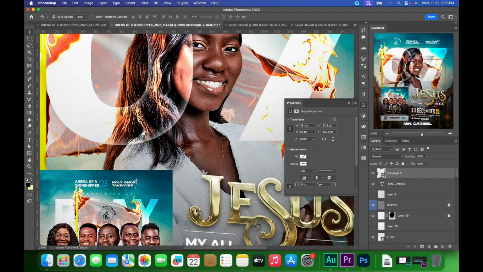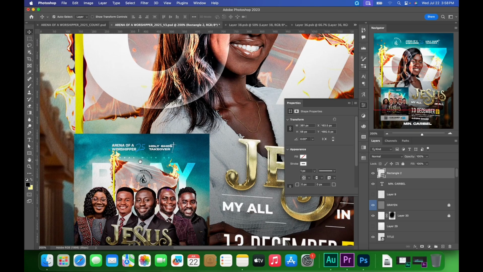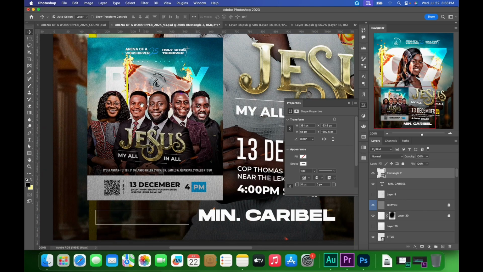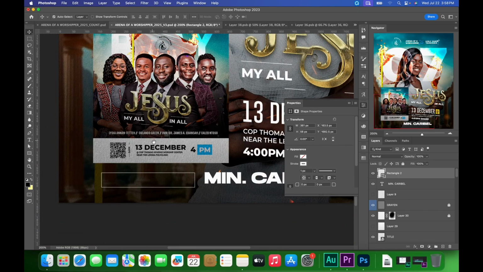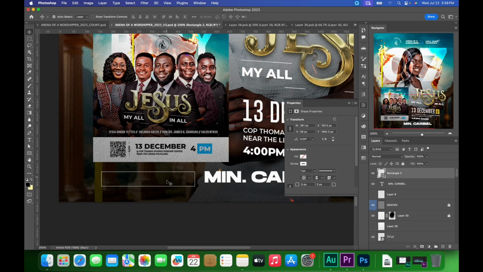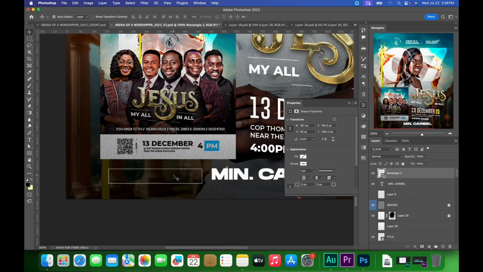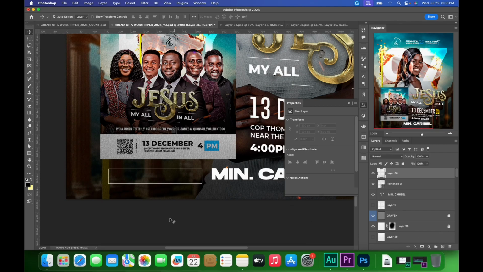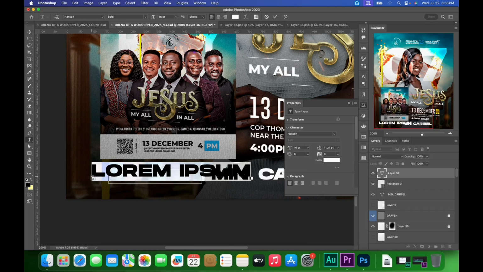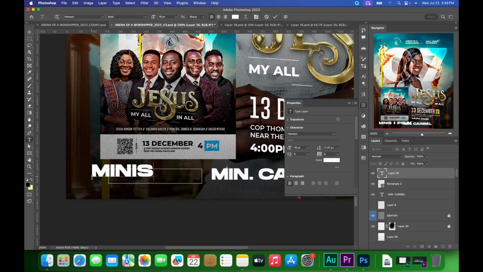Zoom in with Control plus, and use the hand tool to kind of move around the artwork, to dolly in and then to pan around. Okay, press create a new layer, T for the type tool, left click, and then type mini string,